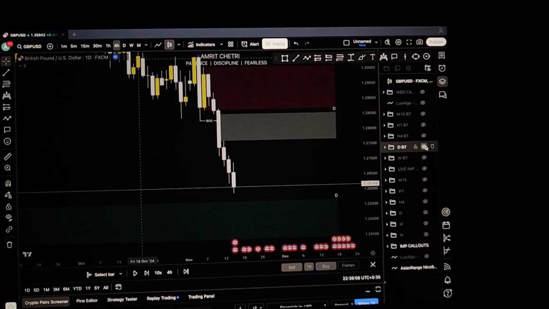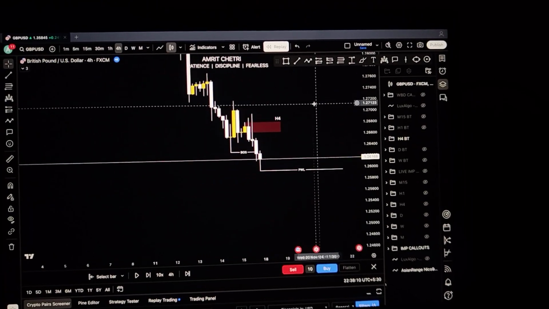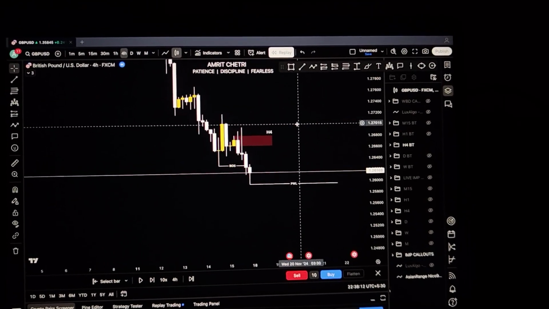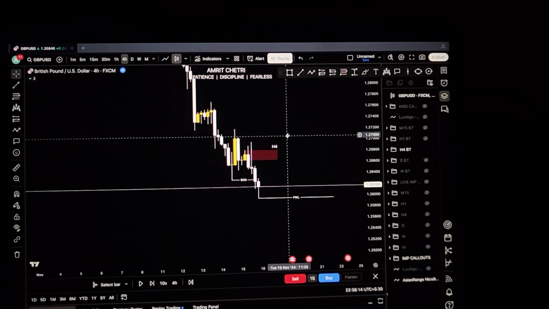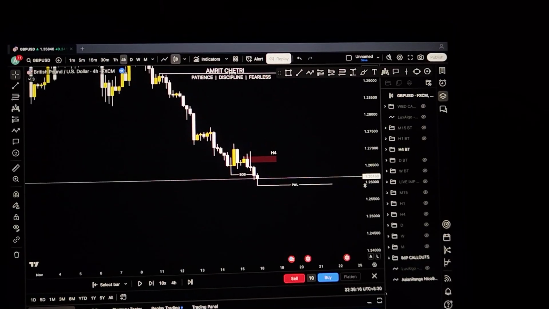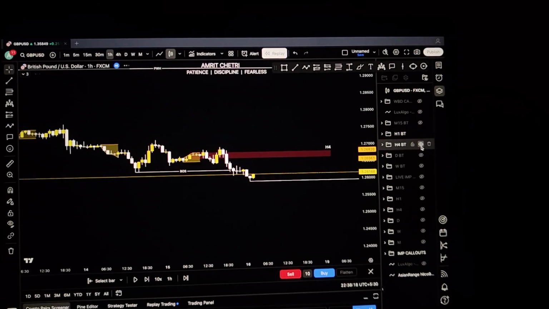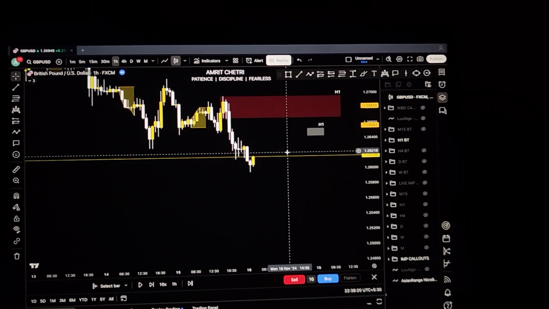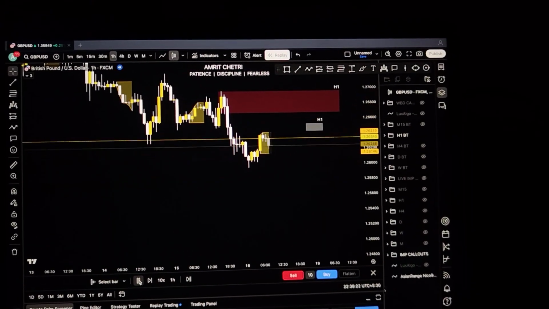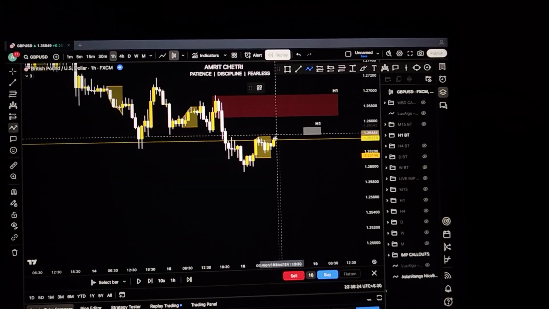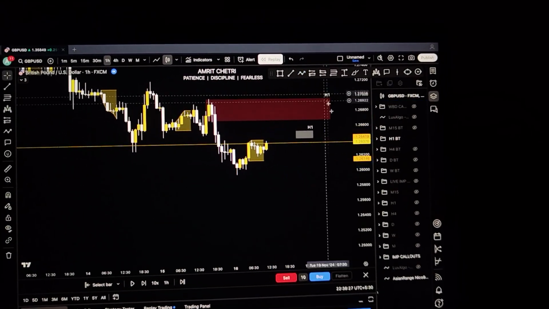So that is when I go to the H4. On the H4 there is no such sort of things. On the H4 time frame I mark the supply, break of structure, previous weekly highs and lows, and I go to the H1 to mark my supply zones. I waited for the Asian range to close. After the Asian range closed, here we can see there was a supply zone right here on the H1.